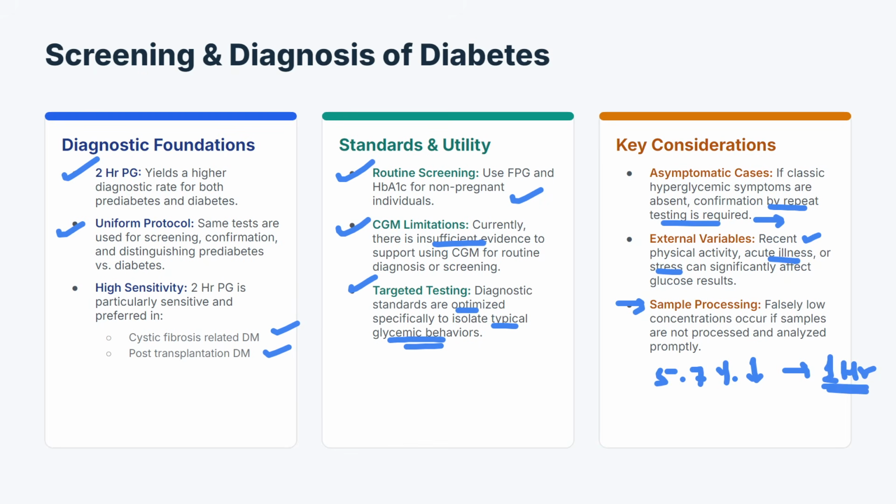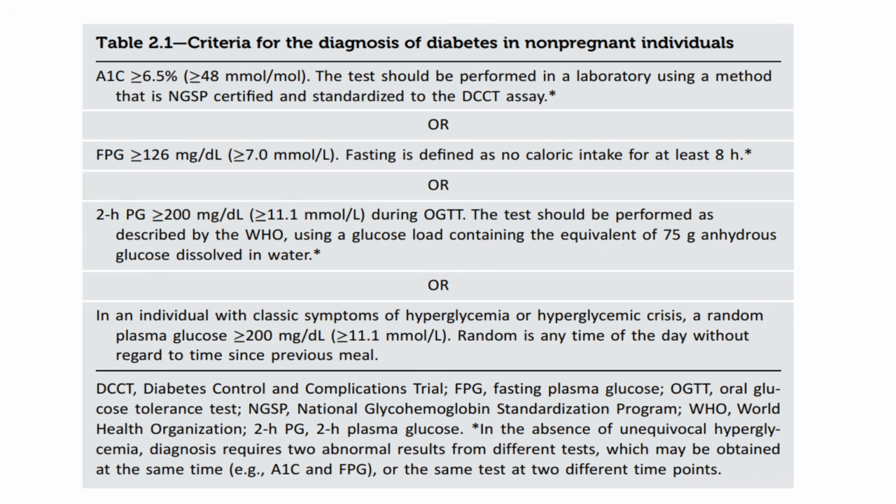Now let's discuss the criteria for diagnosis of diabetes in non-pregnant individuals, which most of us already know. So it can be diagnosed using HbA1c of more than or equal to 6.5%. The test should be performed in a lab using a method that is NGSP certified. NGSP is National Glycohemoglobin Standardization Program, and this test should be standardized to the DCCT assay, that is Diabetes Control and Complications Trial, the test which was used in the DCCT trial,